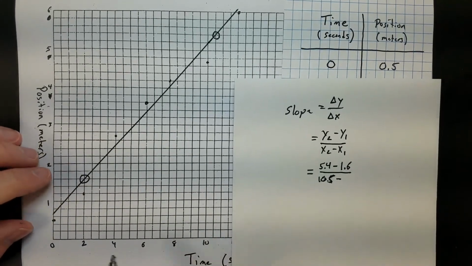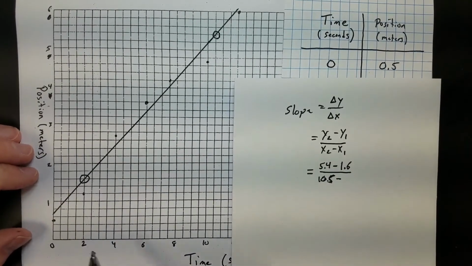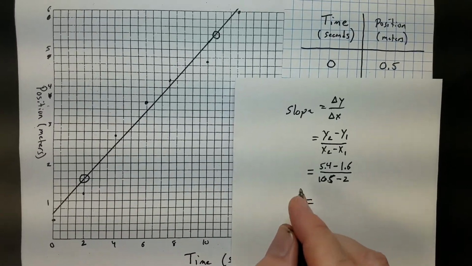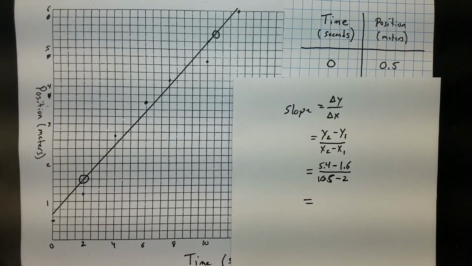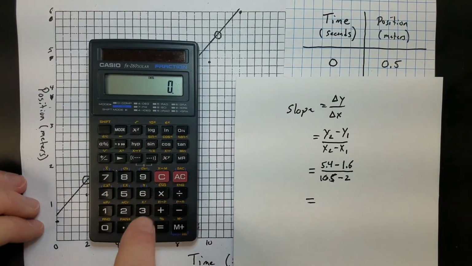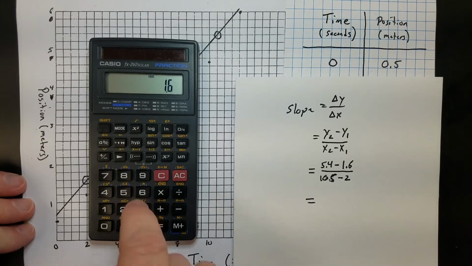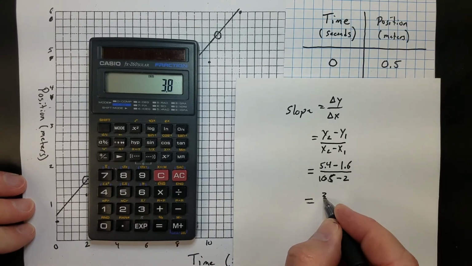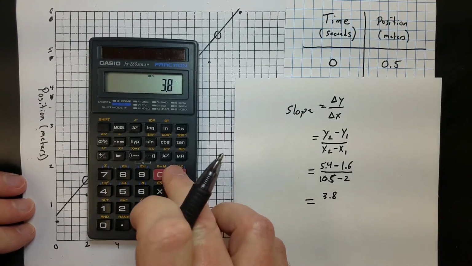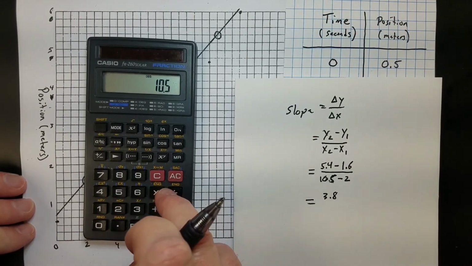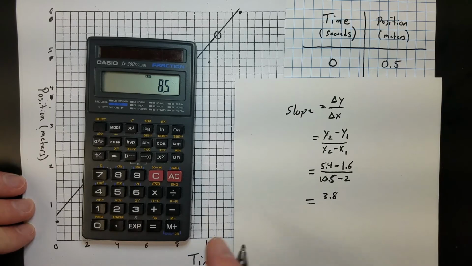And this point will be 2. We just calculate that. So if I do 5.4 minus 1.6, 3.8, 10.5 minus 2,